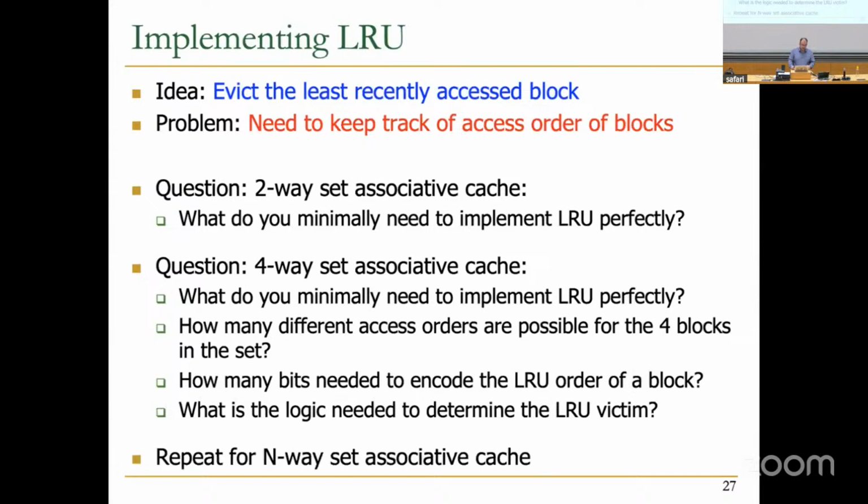In the end, you can repeat the calculation we have done for n-way set associative. It's going to be n factorial, the minimal number. But as I said, sometimes people don't use that minimal number because that can complicate the decoding logic a lot. So people use like